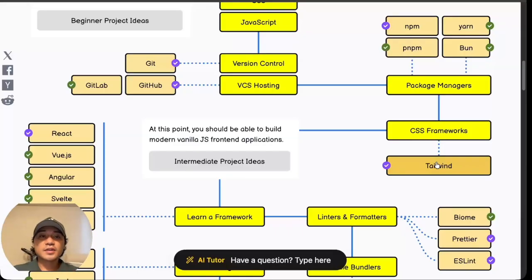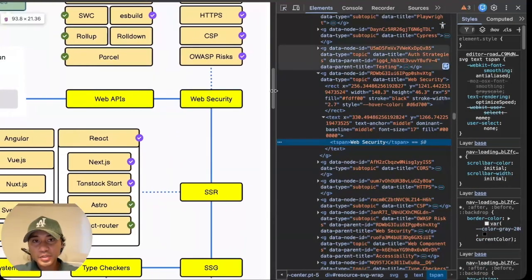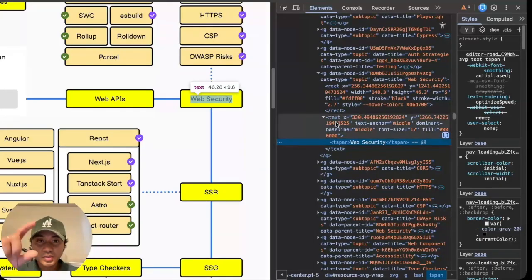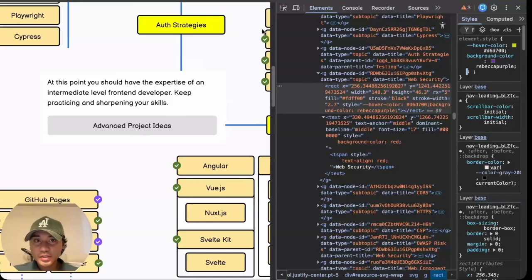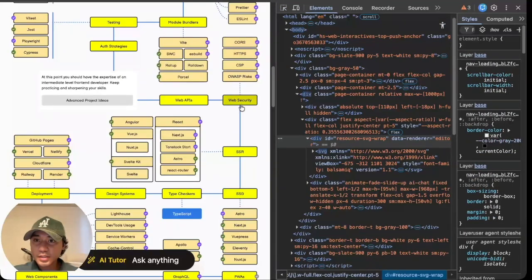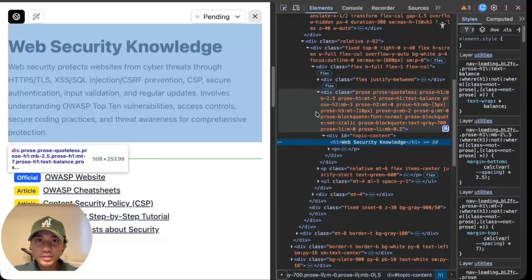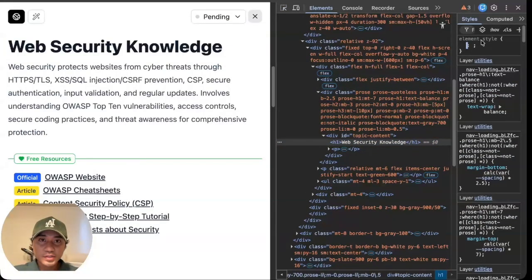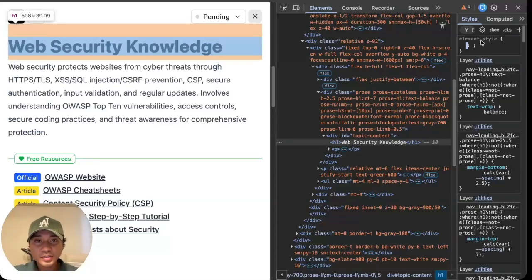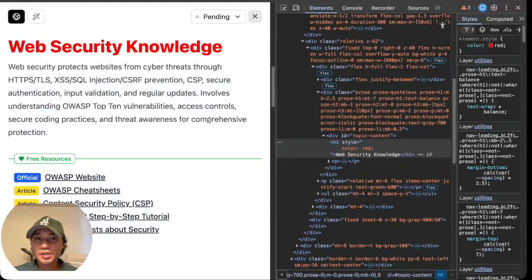And then instead of making custom CSS, very low level, if I were to select on this web security, I can see that it highlights the HTML component within this HTML document. Okay, so let's take for example this element here. So if I were to select the element, let's click on this element, web security, and then let's maybe highlight this, and this is the HTML element, and this is the style I'm going to be giving it. This is the CSS. If I do color red, then it's going to change the color of the text on